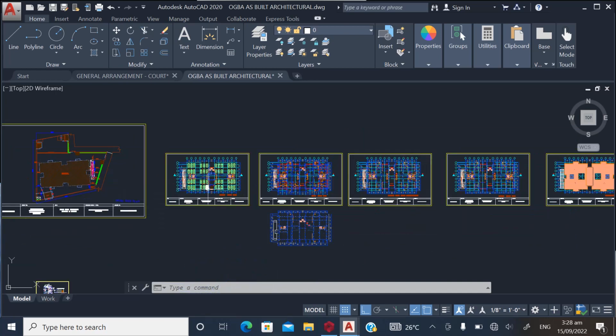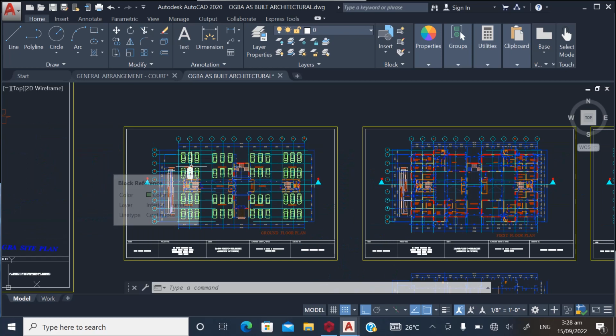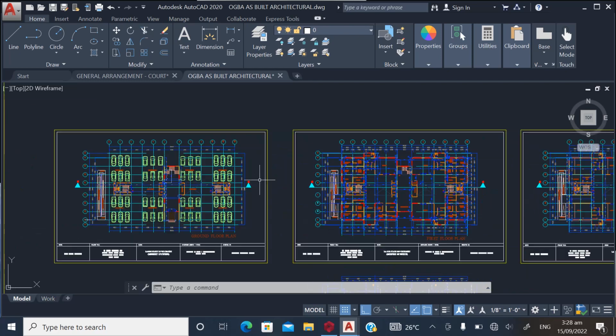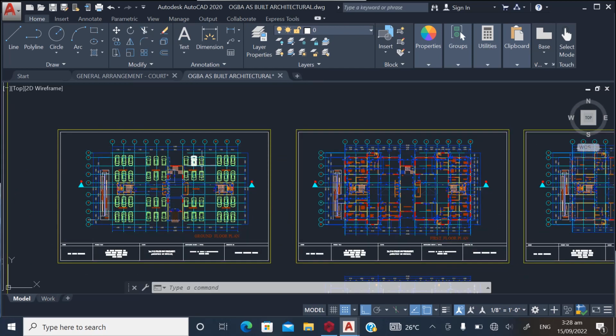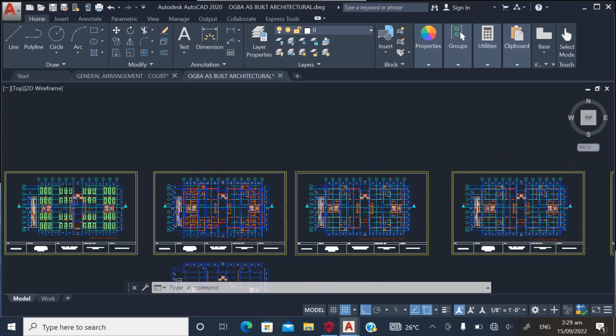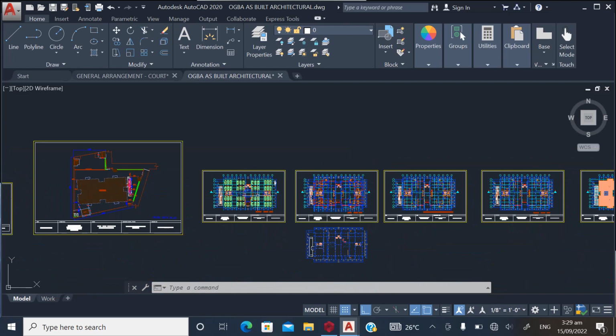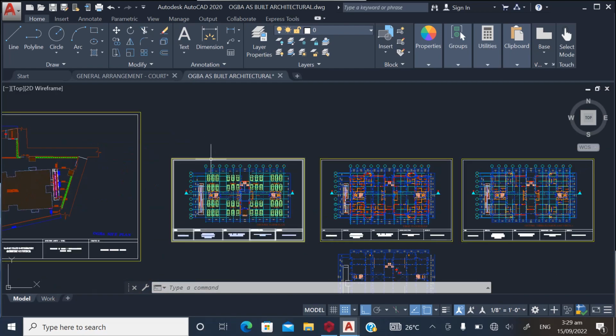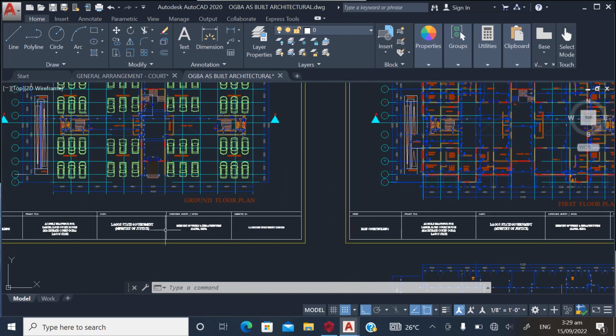Just like before, we're going to divide this training into series. So in this first series we are going to look into the general arrangement preparation. Then from there we are going to export to PROTA structure software, and from there we are going to start the modeling of the structural members. So let's start. Now the first thing we're going to do here is that we're going to